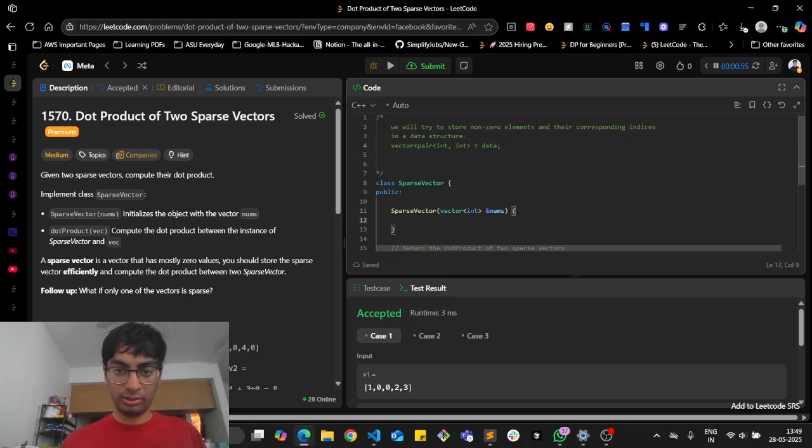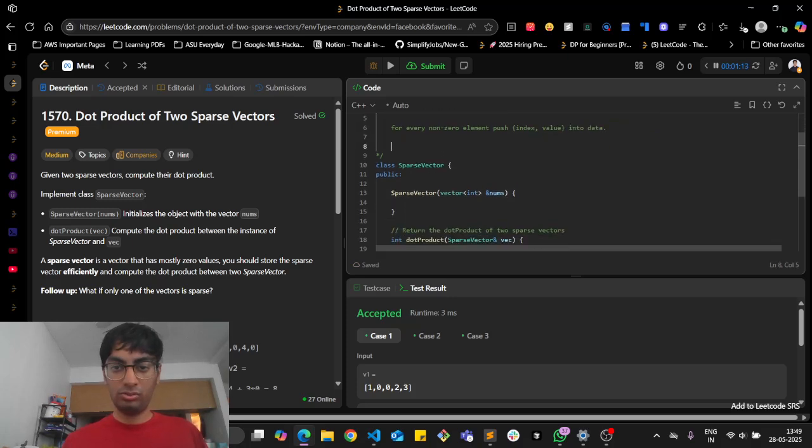So let's just complete this code: for every non-zero element, push index comma value into data. Okay. Now when we're trying to do the dot product of two objects of sparse vectors,